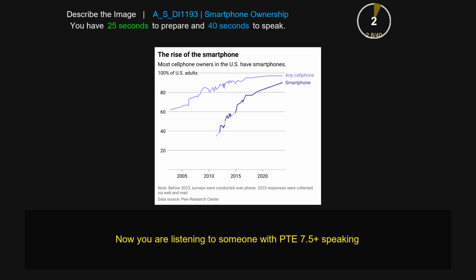The line graph gives the information about the rise of the smartphone. Most cell phone owners in the US have smartphones, where the data has been calibrated in percentage. On the y-axis, there are 20%, 40%, 60%, 80%, and 100% of US adults. On the x-axis, there are 2005, 2010, 2015, 2020. There are two categories, such as any cell phone and smartphone. The highest value is 100% of US adults as any cell phone in 2020, and the lowest value is 30% with smartphone in 2010, where the data